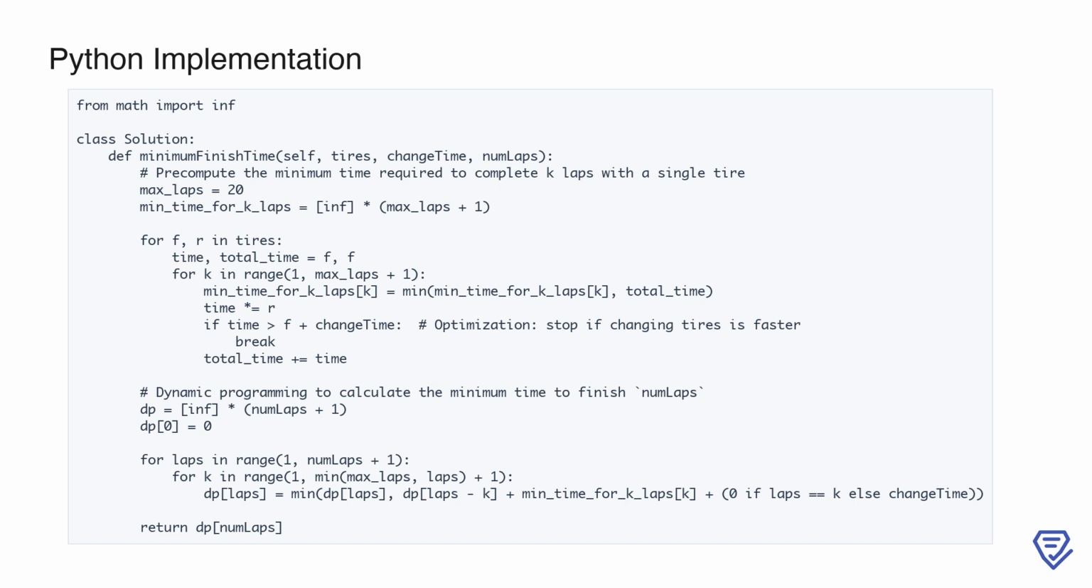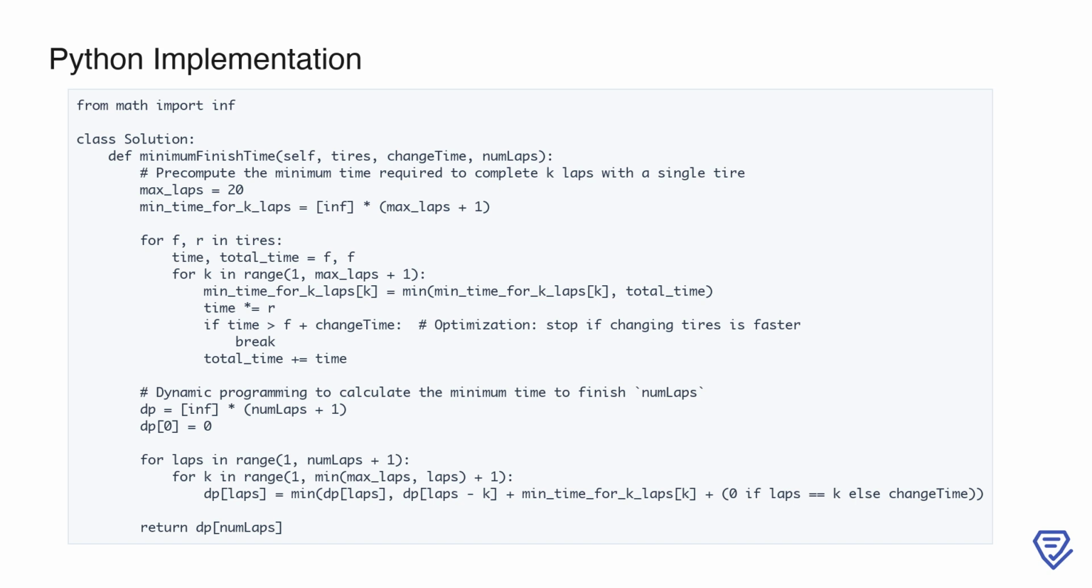Here's a detailed explanation of the code. 1. Pre-computing single tire lap times. We define a maximum number of consecutive laps, max_laps, that can reasonably be completed with a single tire, set to 20 for practical reasons. We calculate the minimum time required to complete k consecutive laps with any single tire from